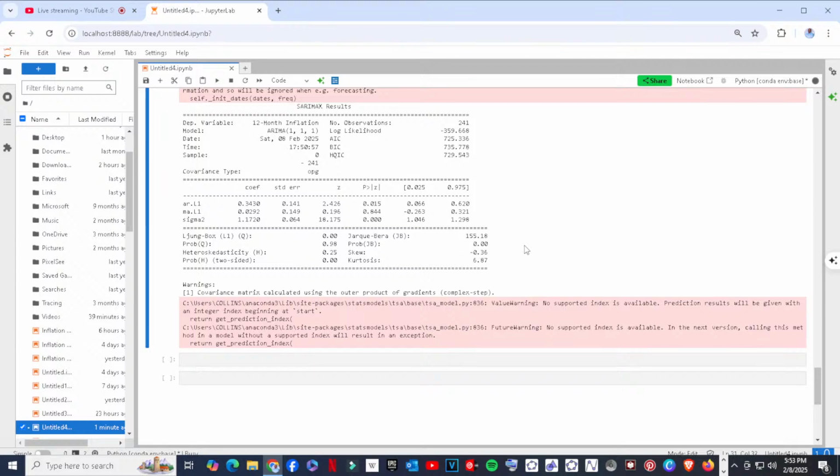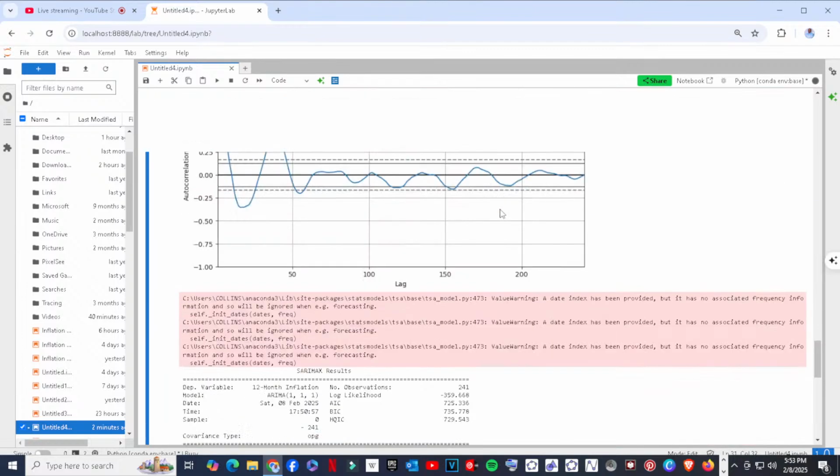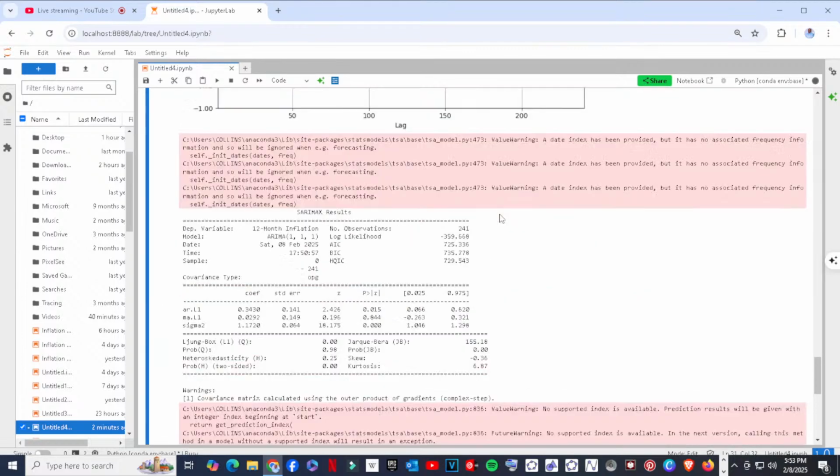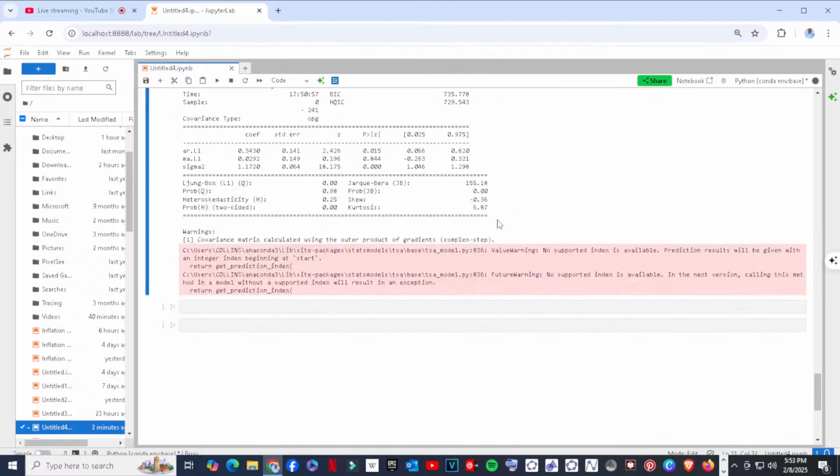But then again, this is based on the data that we have observed up to this particular point, so that if the economy were to continue the way it is without unexpected shocks, then we are expecting that trend to continue. So that we'll be seeing an inflation rate that stabilizes at around 3%. Let's see. So that's what we have.